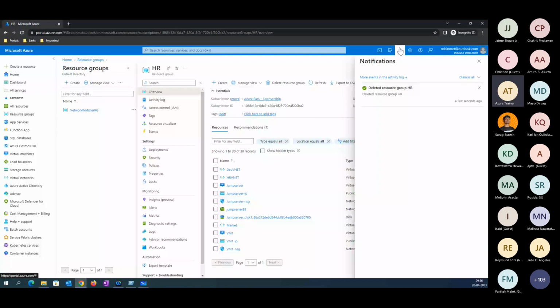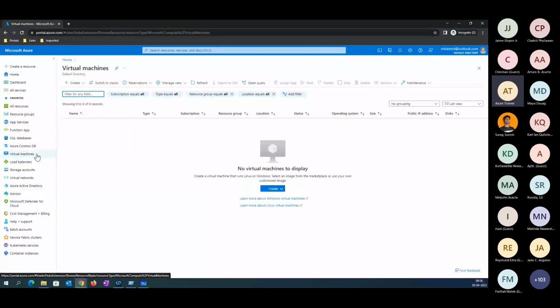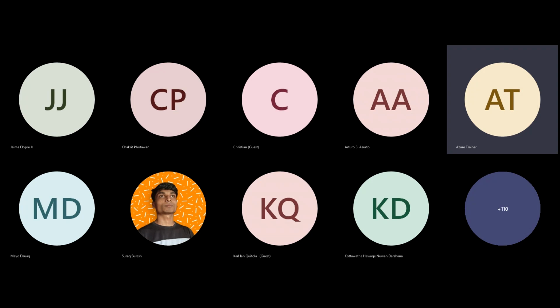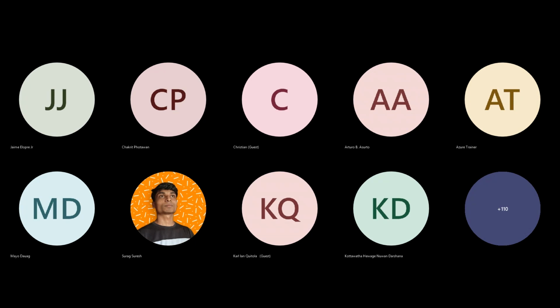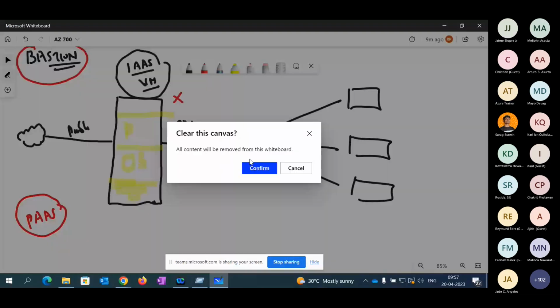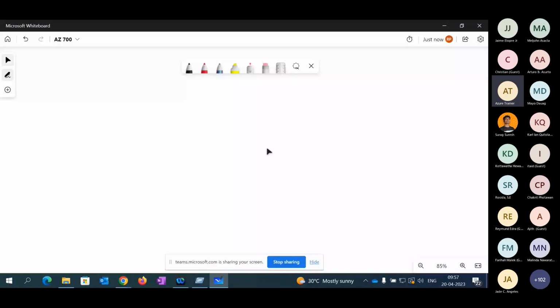Now for doing this lab, we are taking a feature called Bastion service. So Bastion service is a kind of jump server or gateway server. Let me take you to the whiteboard now. You may remember when we had a discussion about how a jump server was configured. First, we configured a couple of VMs. You had a VM available.